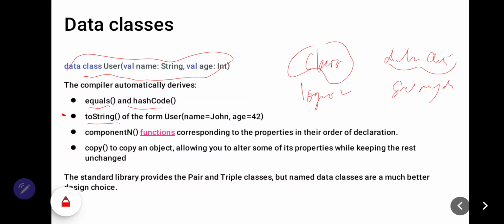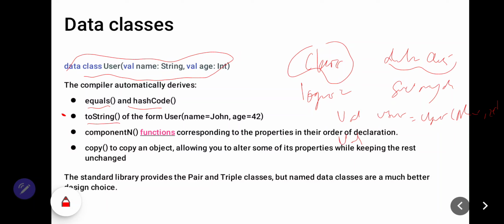The user class still has a single line declaration, while all the methods are added implicitly and we can use them. For example, the destructuring declaration may be used, for example, val user = User("Alex", 25). You can write automatically like this.